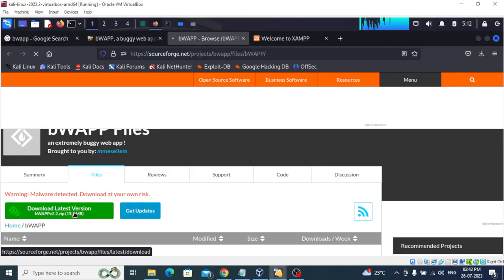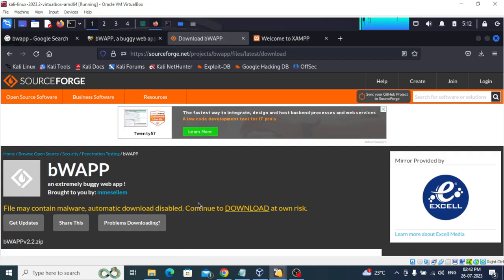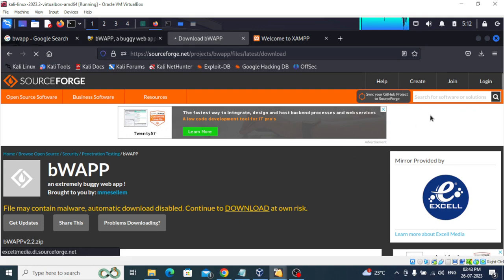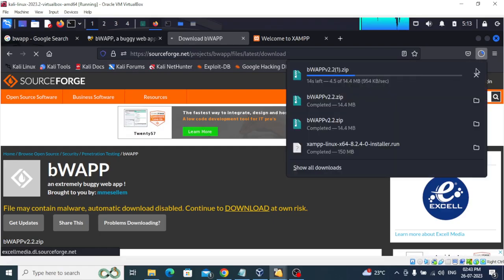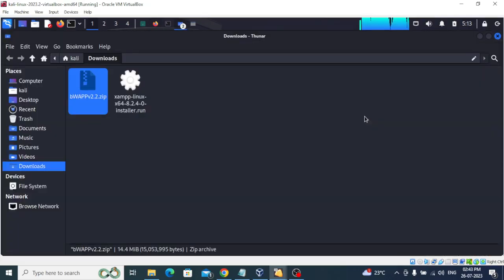When you click downloads, again it will ask you this. You will see that the file may contain malware, and we have to ignore that because it is a vulnerable web application. We can ignore that and download. Click on download. So when you click on download, it will start the download process, and you can see it's started downloading here. I'll just stop. I have already downloaded the file, so I'll just go to